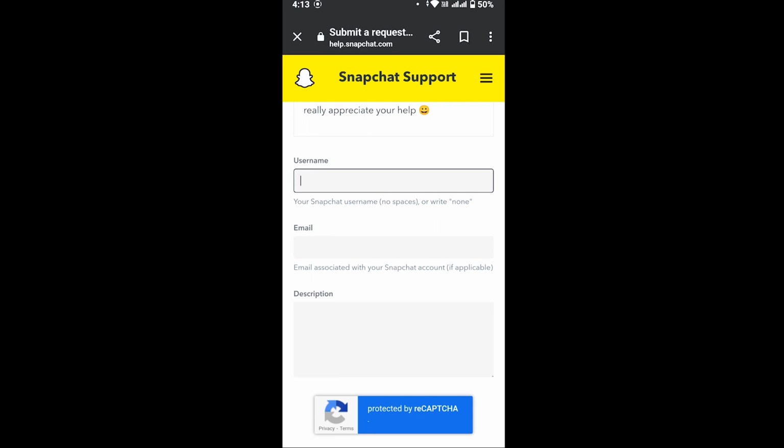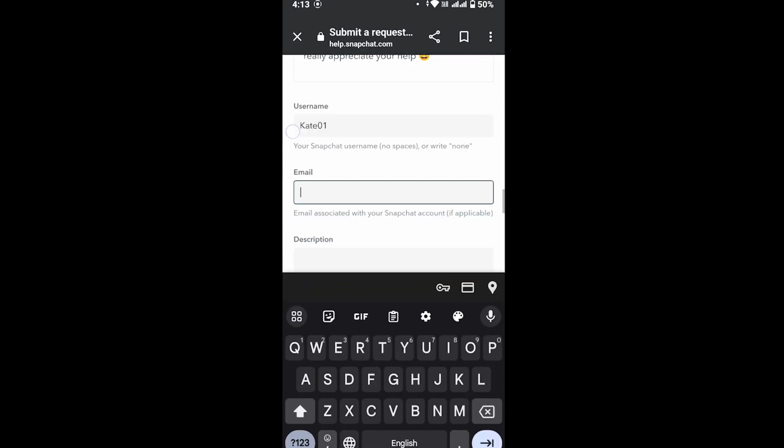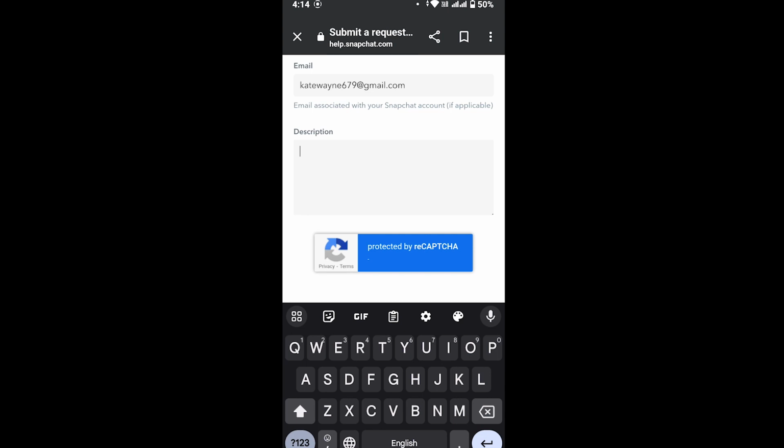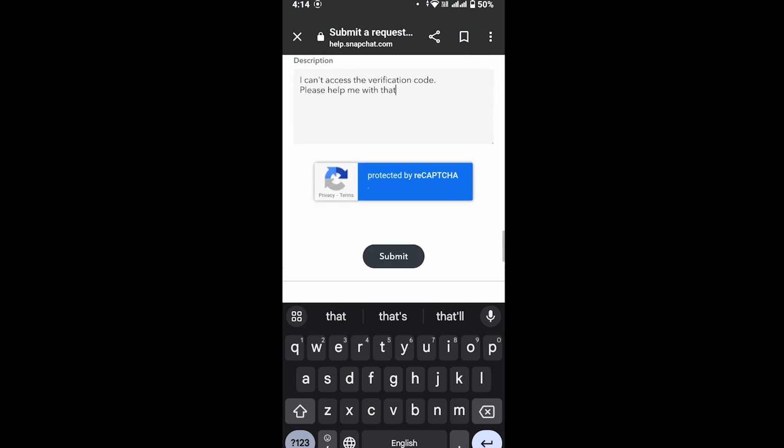For that, provide your username here. After that, provide your email, and in description provide the reason. Say that you can't access the verification code right now and you need help with that. Once you're done with that, simply tap on submit and your email will be submitted to Snapchat support center, and wait until Snapchat hears you back or emails you back, and then you will be able to log into Snapchat